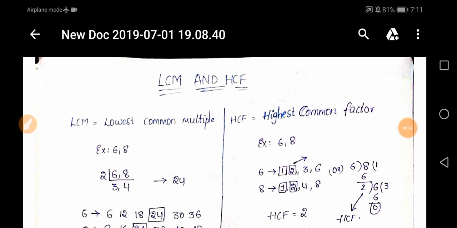Here we are with a new aptitude type of problems, that is we are going to deal with LCM and HCF in this video. So before going into detail and the process of how to solve LCM and HCF,